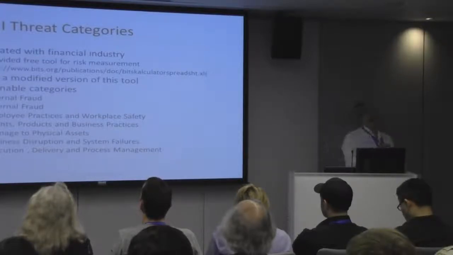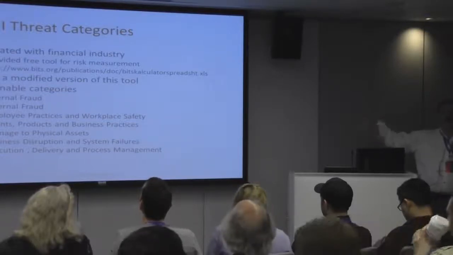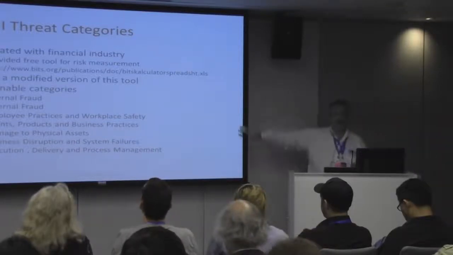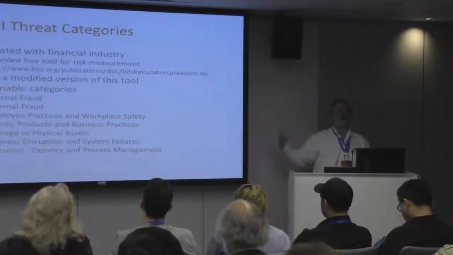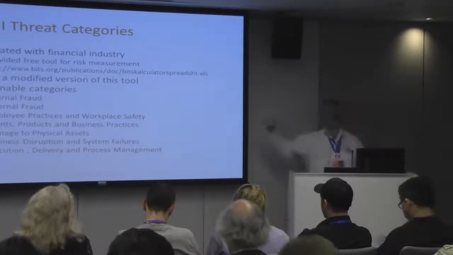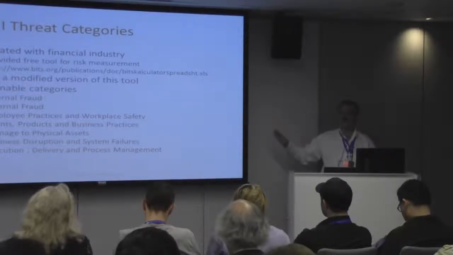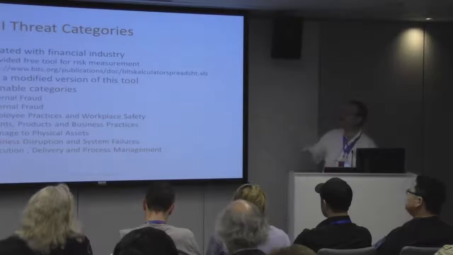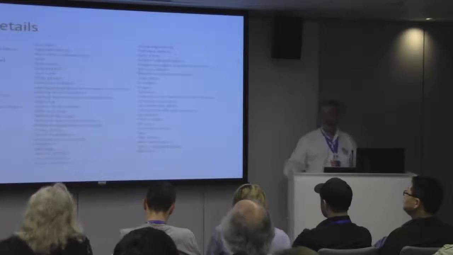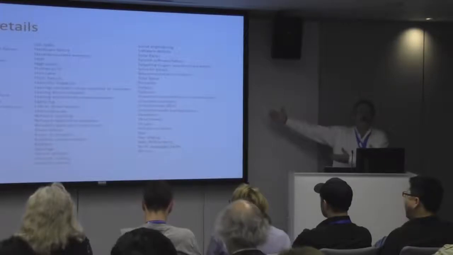Now, when you start to look at what are my threats so that I know how to protect against them, it pays to work with categories that other people have already thought out. So the methodology I'm presenting to you is based upon the Basel threat categories, which come out of the financial industry. So there's going to be a slant within that. You'll see categories of internal fraud versus categories of external fraud, which may or may not have relevance to your organization as we dive down into them. But it's a very, very useful set of predetermined categories that you can build off of. It's a starting place. And if you're curious to know what the details of these threat categories are, here they are in living color. And oh, by the way, they're in the spreadsheet.